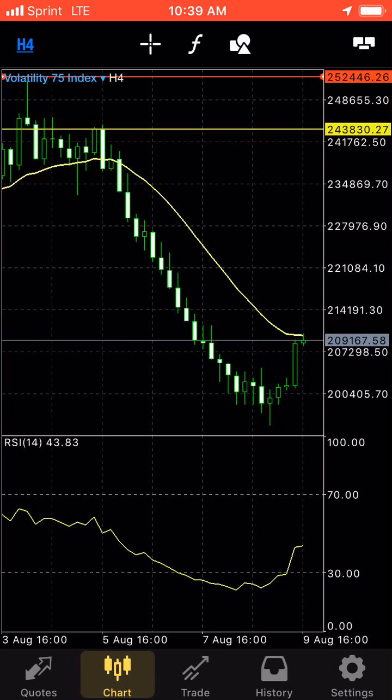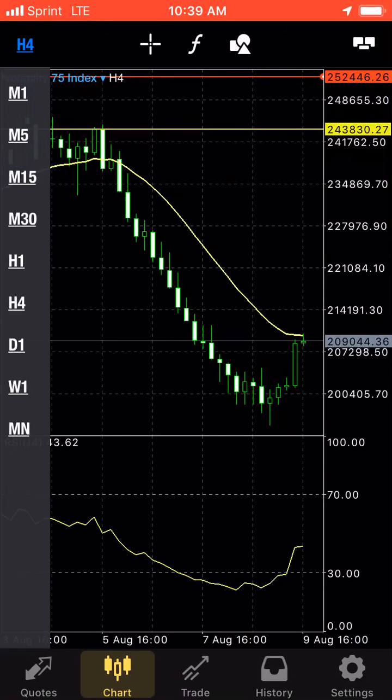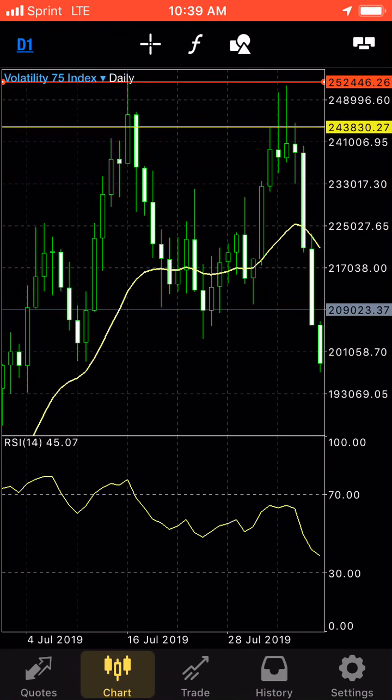Okay, if you see the difference between the yellow line and the red line, the gap is a little bit, there is no problem about that. But then if you look at the yellow line, you see now it is touching the body of prices. But if you go to the daily, it's going to be touching the wick,